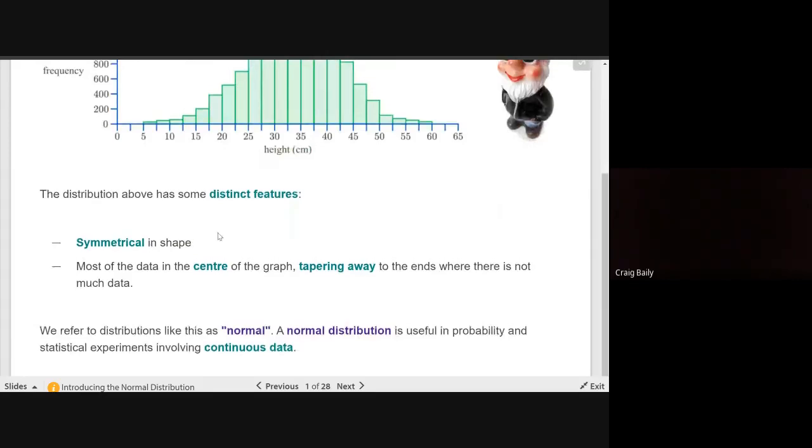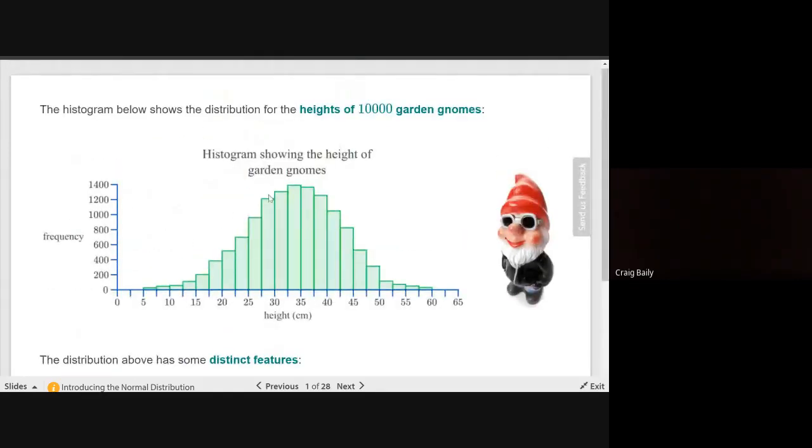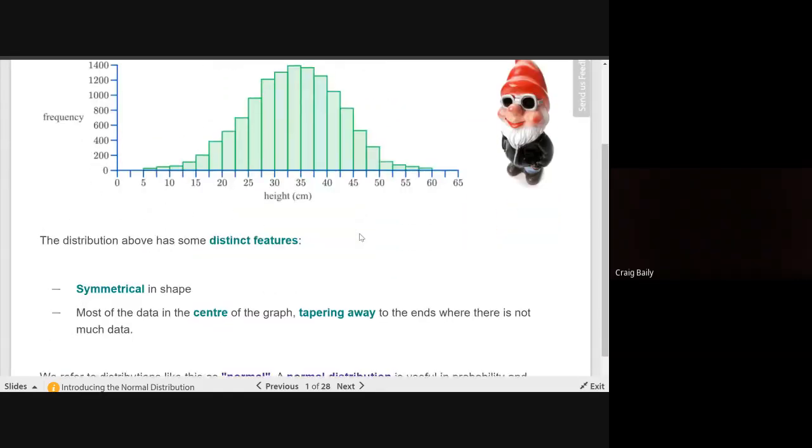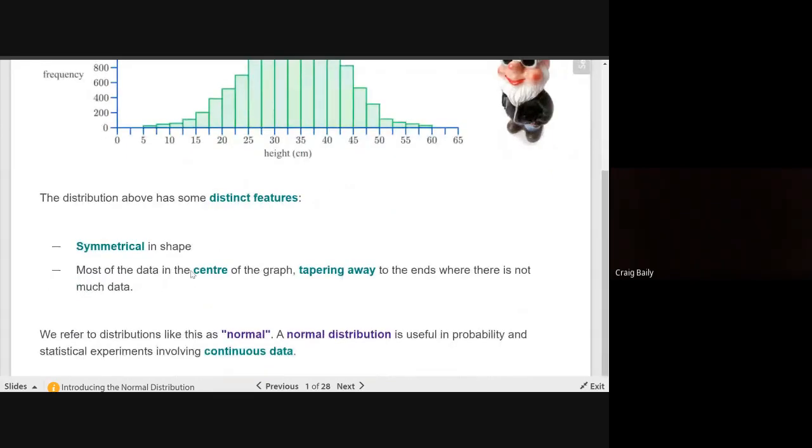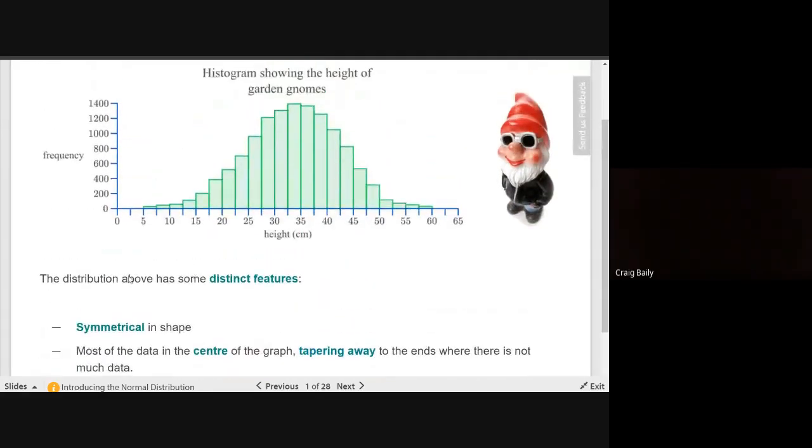Now, some distinct features of the normal distribution, we should write these into our notes. They're symmetrical in shape. This curve, the left side looks just like the right side, so we say it's symmetrical. Most of the data is in the center of the graph. Okay, look what we're measuring here, frequency, or how many of something we have. There's a lot more of these garden gnomes,